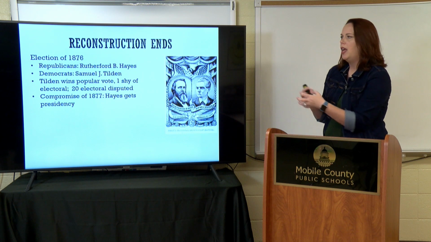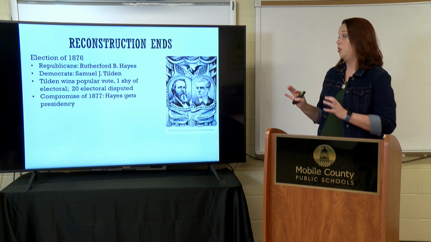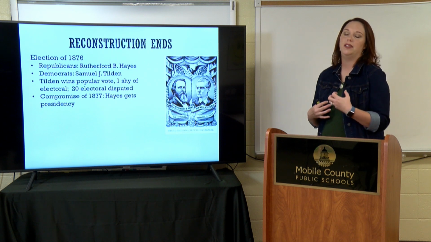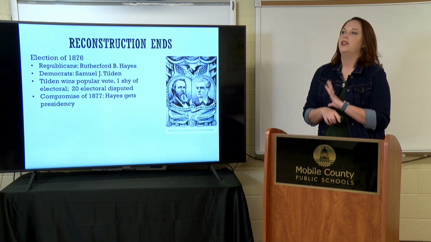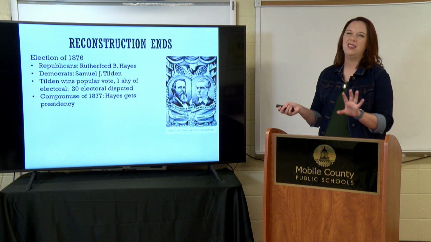So what we're seeing here, guys, is disputed votes. And who's really the president? Was it really Tilden? Did he really win? Is it Hayes that wins? And to work this out, to figure out who is actually going to win this election, this isn't the first time this has happened in a presidential election where it was so close and a compromise had to be made, or decisions had to be made in order to determine who was the winner.